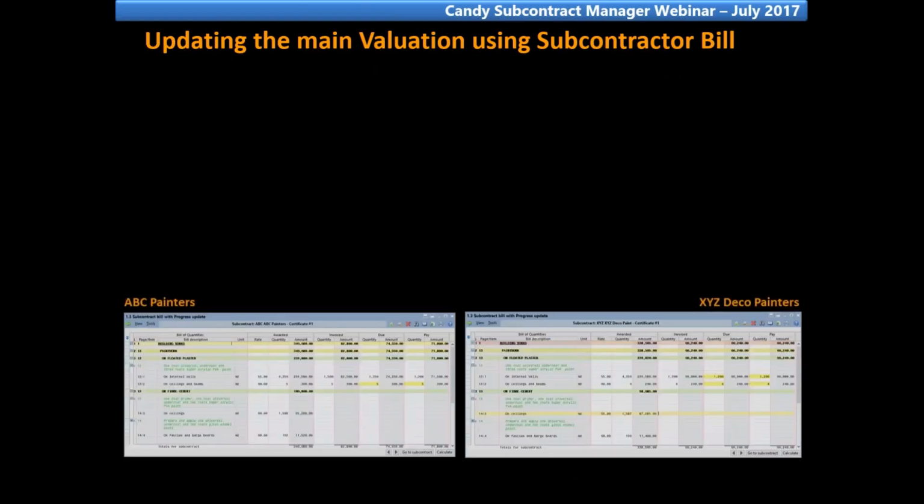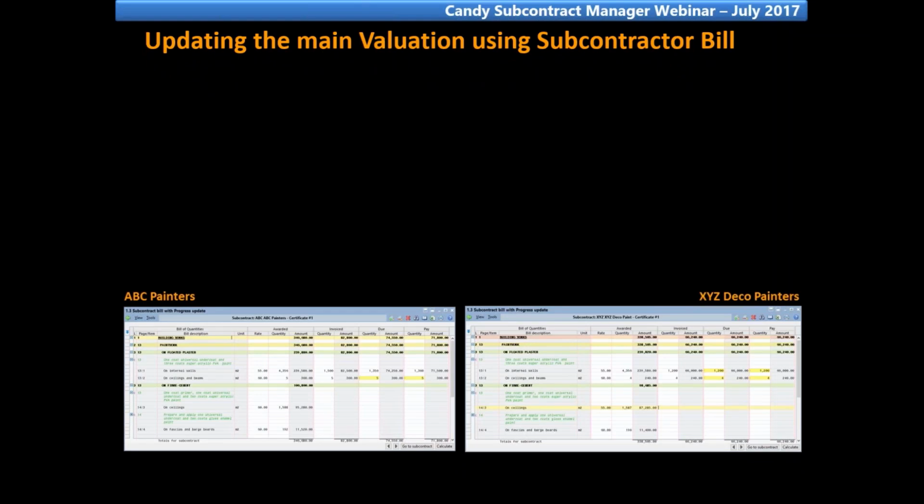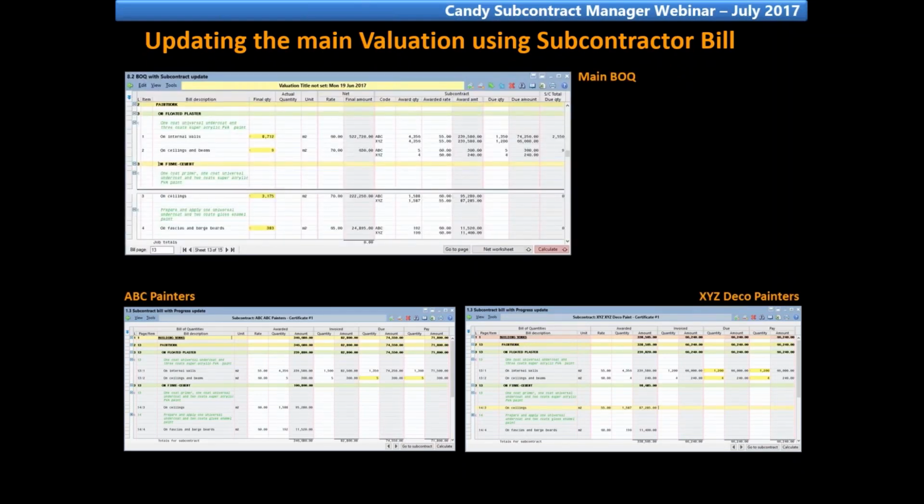Now, updating the main valuation using the subcontractor bill. Below are the two subcontractors packages with progress, and above it's the main BOQ. And in the main BOQ, as you can see, both the subcontractors are linked to the same items. After the progress has been done on both the subcontractor bills, they will reflect under the due quantity column